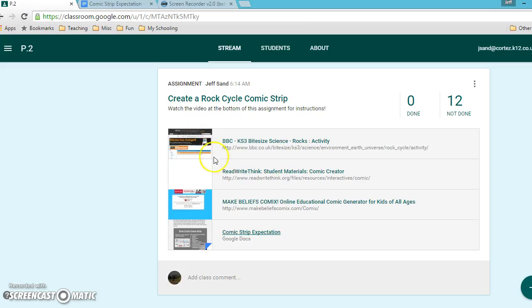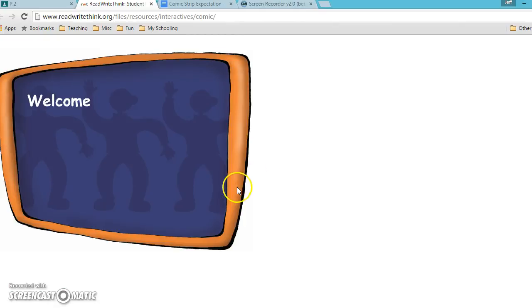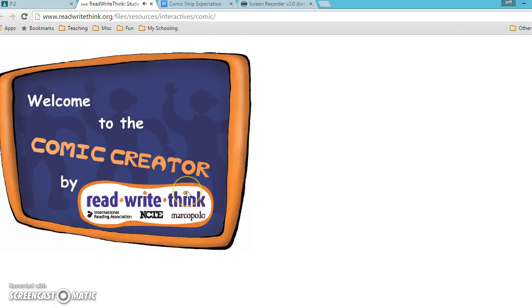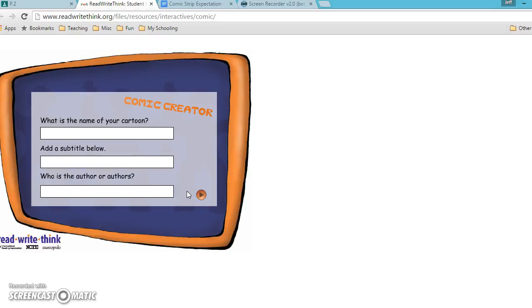So I'm going to go back to the other tab. So these are just 2 different ways of making the same thing. Let's look at this first one. It is pretty simple, but you know, for a lot of people that's great. So you'll give yours a name, call it whatever, but it has to refer to the rock cycle somehow, so we know that it's not about like Batman or werewolves or something. Who is the author? So you'll put your name,